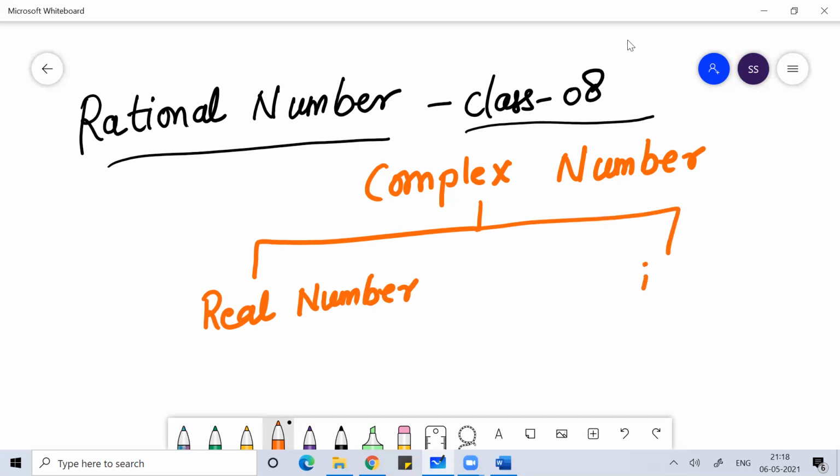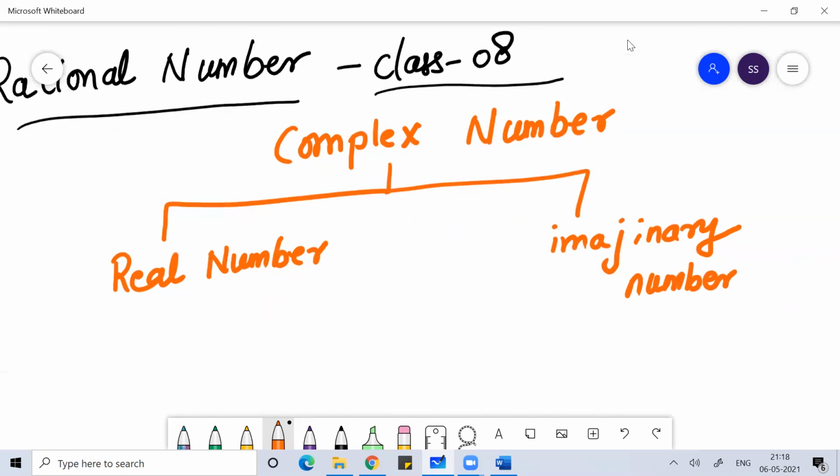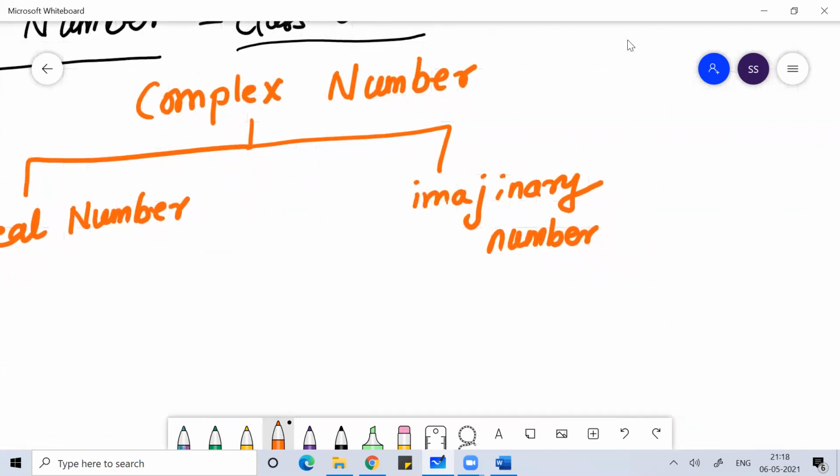So complex numbers altogether are in two parts. It can be either a real number or an imaginary number. When we try to enter the world of imaginary numbers, it doesn't mean that it's the world of Harry Potter or something. Imaginary numbers are basically those numbers which we cannot represent on a number line. The other way to define an imaginary number is, if you square it, you get a negative value. Such numbers, when you square them and get a negative value, are called imaginary numbers.